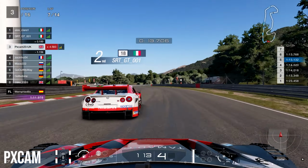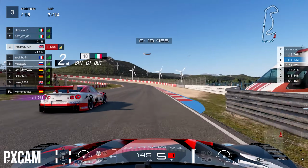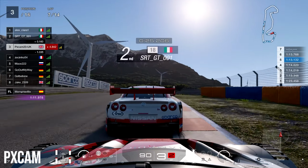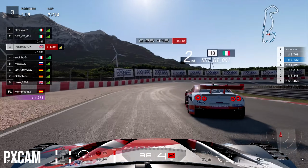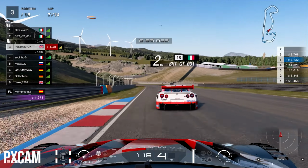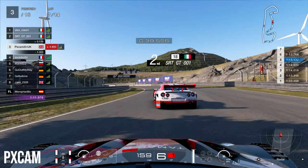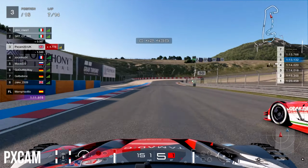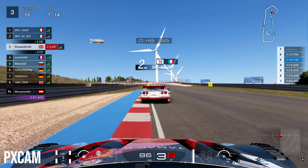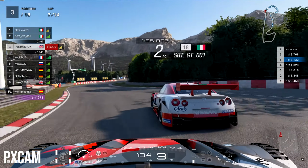But I had to keep my cool. Didn't want to get too over-tempered, as I could have easily accidentally bumped him out of the way, and that would not have been good, as we wanted to get around him nice and clean. But into this long sweeping right-hander, we just tried to get a wide entrance in so we can get a good exit and gain top end speed compared to him to try to make a maneuver into the hairpin. But as we stay in the slipstream right here, we go into the inside, try to look for an overtake, go straight into the left hand side, try to go for the outside move, but he just is able to cover us there, and he was able to hold off that 2nd position